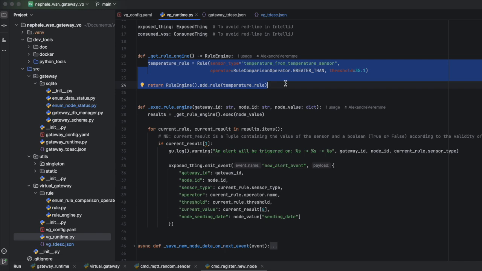The last rule property is the threshold value. The threshold value is the value against which the sensor's reading will be compared. In this example, whenever the virtual gateway detects a temperature greater than 35.1 degrees, the rule is considered valid. Once validated, the virtual object triggers an event named newAlertEvent, using the information stored in the rule object after its